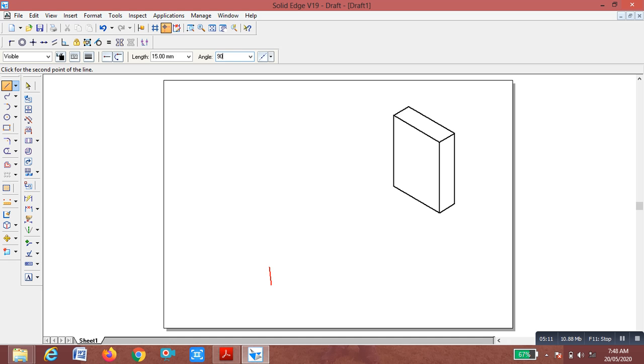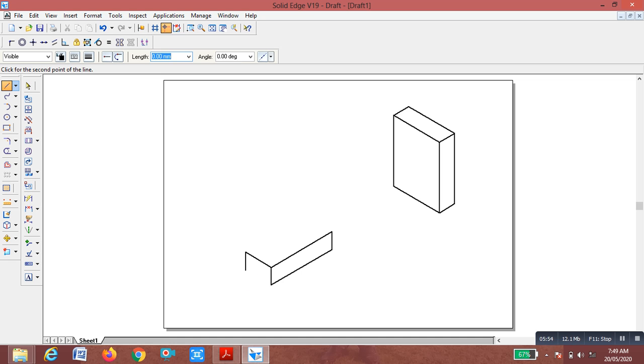Now the length is again 60, enter, 30 degrees, enter. Again in the downward direction, the height is again 15, enter. Downward means minus 90, enter. Again you connect this. Now it is 60 mm length and height of 15 mm. Now I want to show the width, which is given as 25 mm. 25, enter. You are moving towards the left, so 150 degrees, enter. And again 15 mm height, enter. Minus 90, you are moving downward, and you connect it.